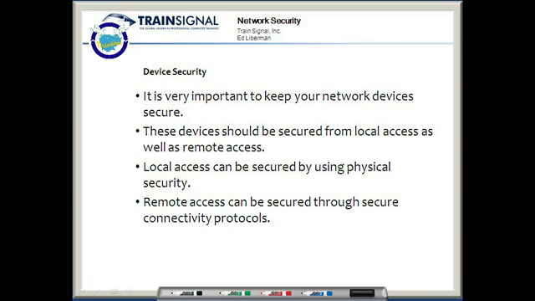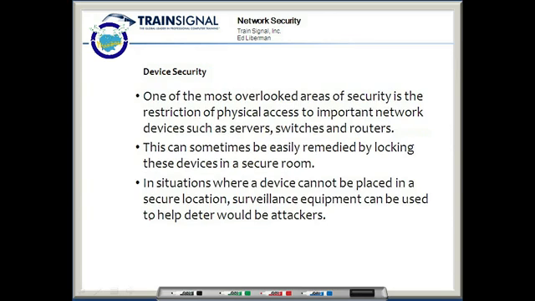When I say local access, I'm saying secure it using physical security. You actually have to physically secure these devices. With regards to remote access, we're talking about securing through secure connectivity protocols, some of which we've already been talking about in this video. Now, let's go back to physical security for just a moment, because one of the most